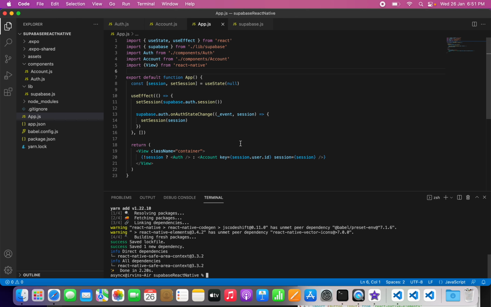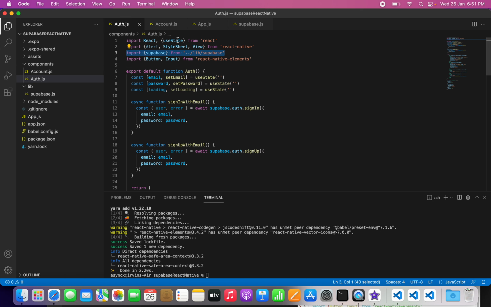Some couple of issues with the documentation. You can't just simply copy and paste and hope for it to work. So here are the key areas that cause things to fail. So prior to this, the Supabase